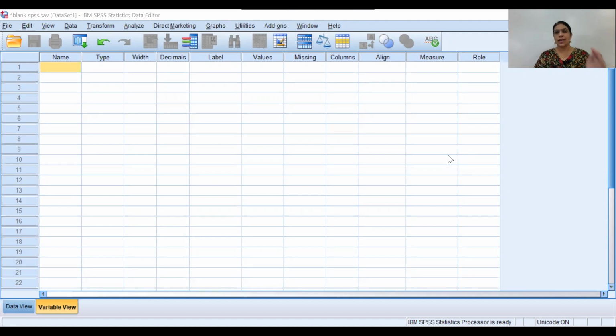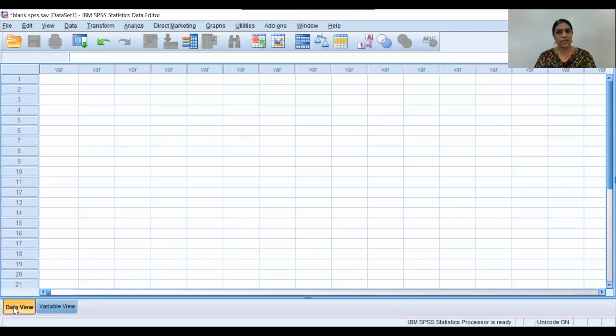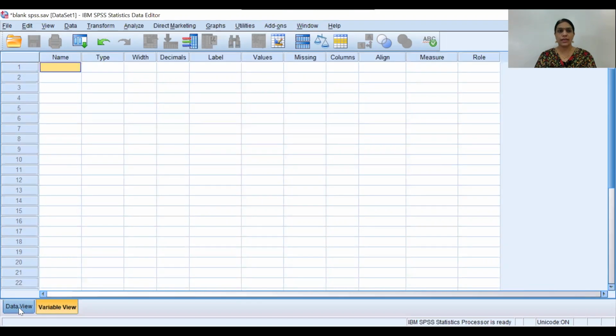This is the licensed version available for the researcher. Many researchers are using a crack version also. If you do not have this version of SPSS, then you can download the trial version of SPSS and conduct the various statistical data analysis using this trial version also. Now, SPSS is used for data analysis. In SPSS, you can see there are two windows: variable view and data view.